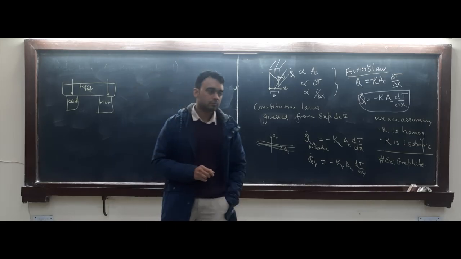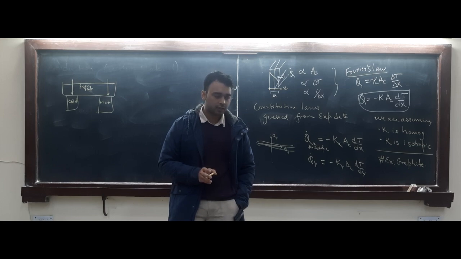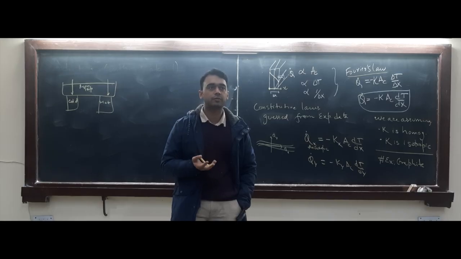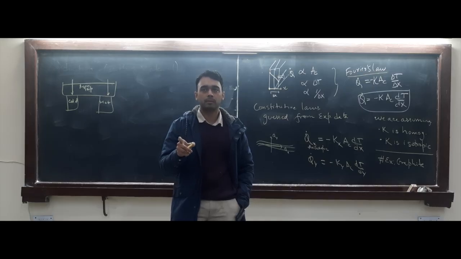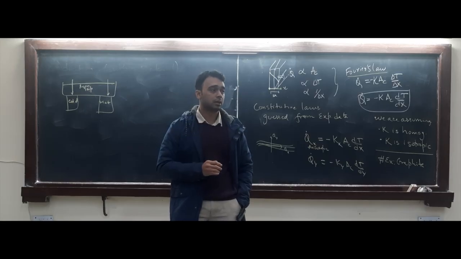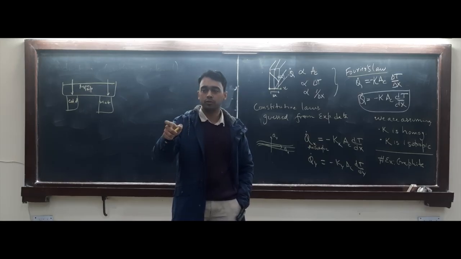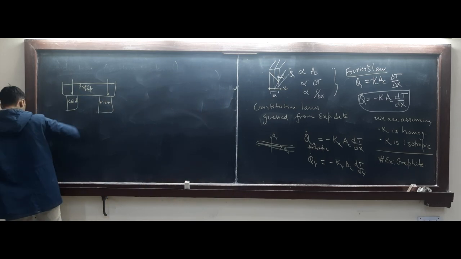When I showed this to my last batch of your seniors, a couple of students after the class asked me whether this is happening because of increased mass diffusivity, because in mass transfer you learn that your diffusion coefficient is also a function of temperature. But this is not something that's happening at a molecular scale. What you see here is a very fast mechanism happening over length scales much larger than molecules. Molecules are of angstrom level, and what you see here is a few centimeters. So this is a bulk scale motion. So let's talk about convection now.